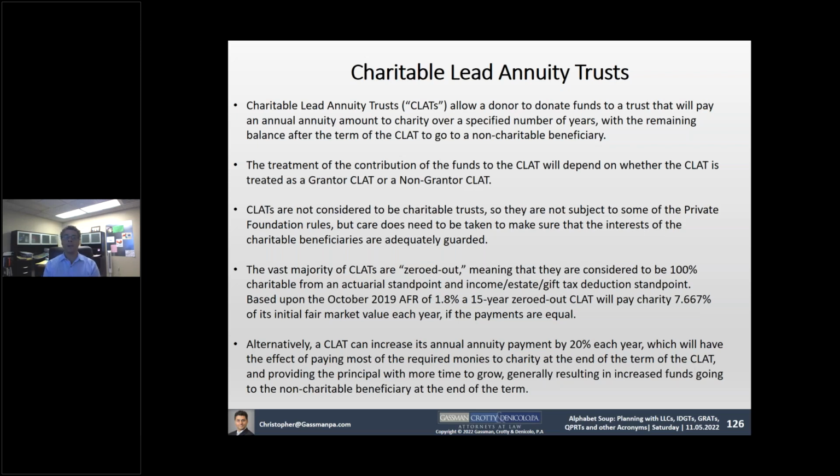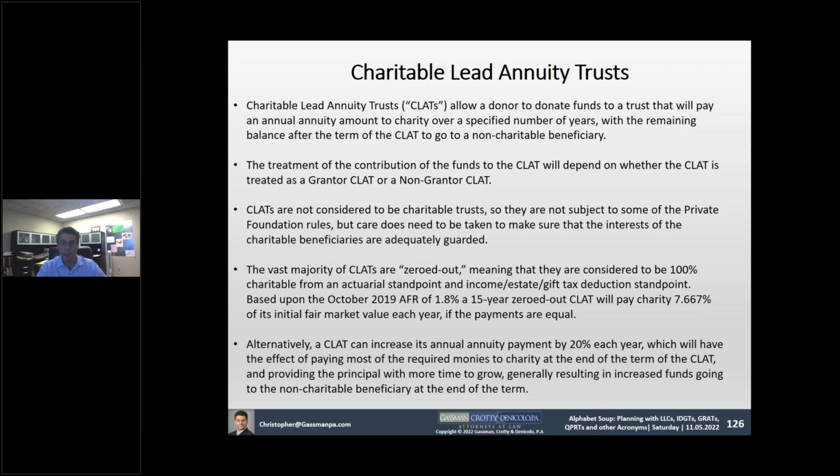And the last stop here today in our alphabet soup is the CLAT, C-L-A-T, the Charitable Lead Annuity Trust. Very similar to the CRUT, except the exact opposite. In the CLAT, the charity receives the right to get payments over a certain term of years. And then after that term of years, the assets go to a non-charitable beneficiary. This is a good tool for a client who wants to cause assets to pass to charities during lifetime, or potentially use a CLAT on death, known as a testamentary CLAT, to avoid federal estate tax that